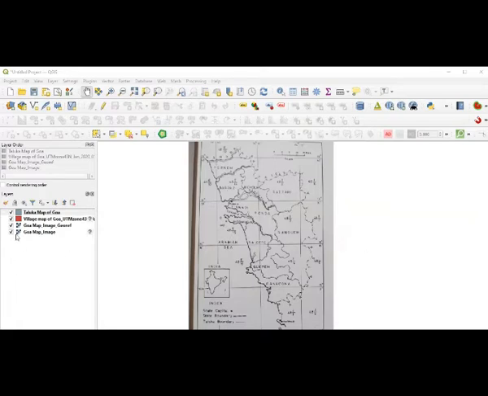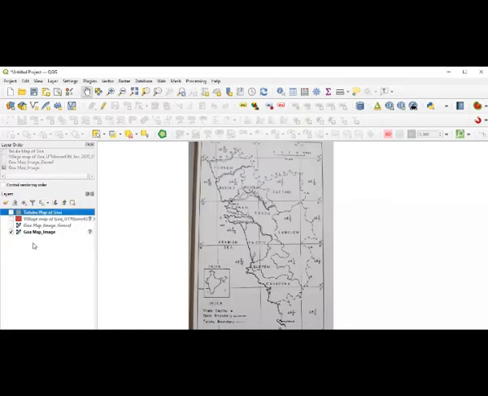And on these layers, you can see that a right mark or tick mark is given. That tick mark means they are checked in. Okay, they are checked in. That means you can see them. But you might wonder, I have 4 maps which are checked in, but nothing is seen here on the canvas board, because one of these images is not georeferenced.